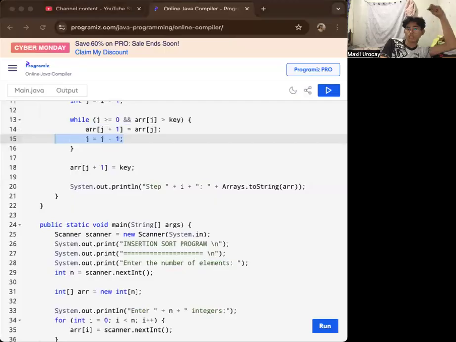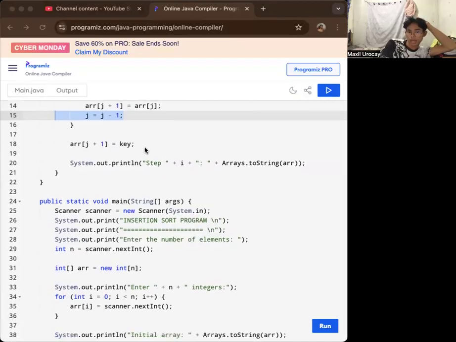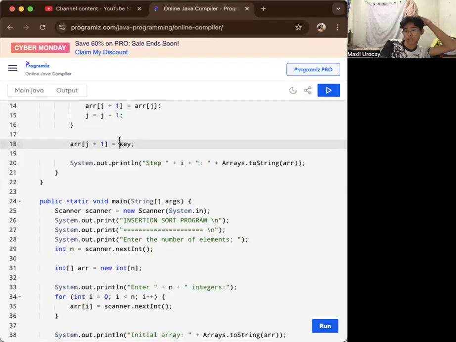The j is equal to j minus 1. So that decrements j to move to the next element in the sorted portion of the array, and we continue checking. Now, closes the function, then we also have here the array j plus 1 is equal to our